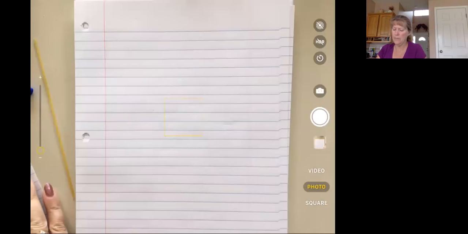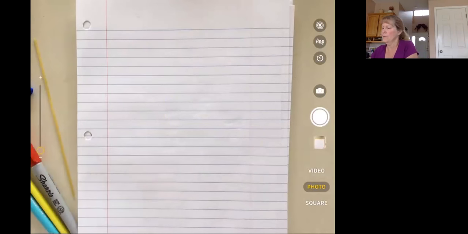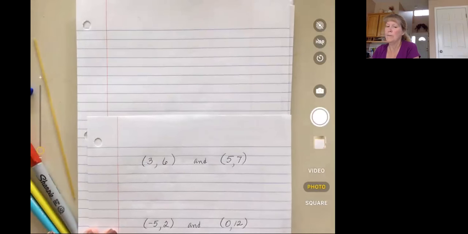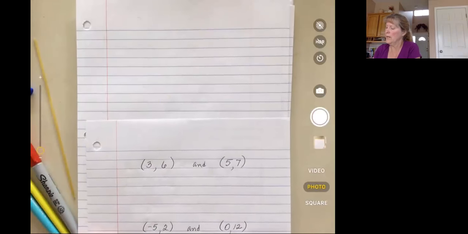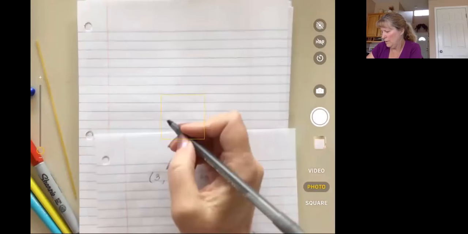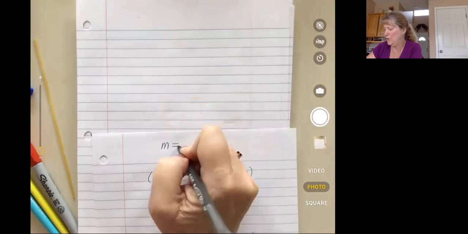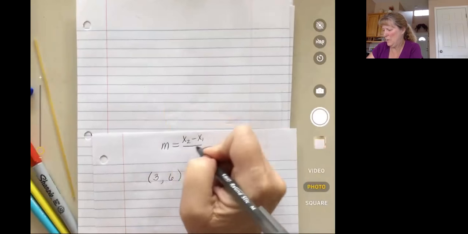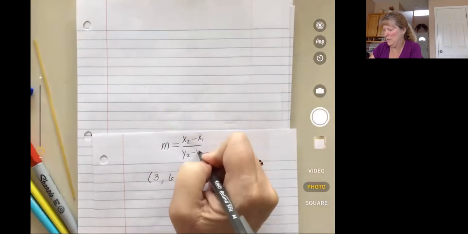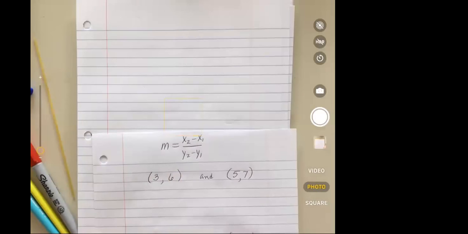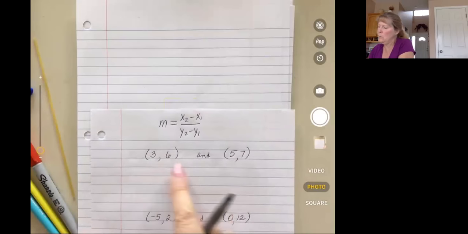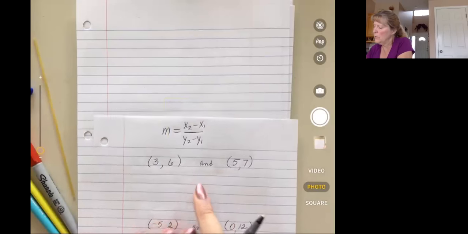And sometimes you just have points and you want to find the slope. You can use a formula, the slope formula, M for slope, I think you remembered that too, is x2 minus x1 divided by y2 minus y1. That's just a fancy way of saying the coordinates. If I want to find the slope between these 2 points,